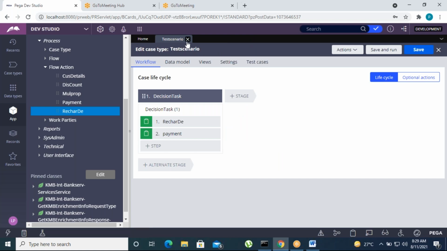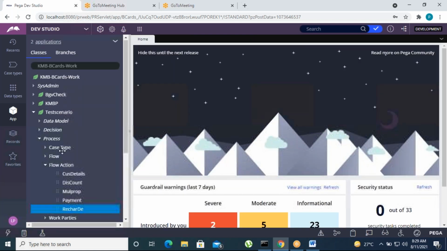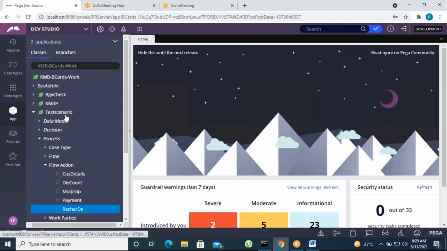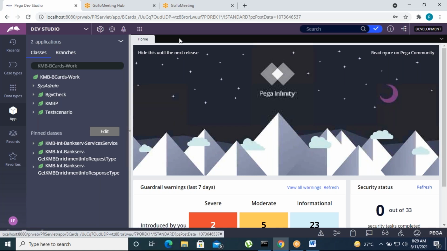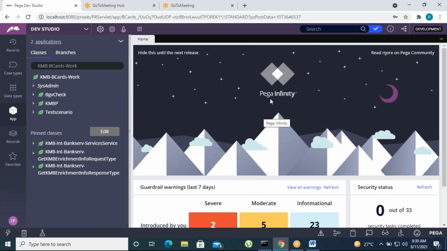Next one is the same process. So I will tell you about creating map values. Create it, refer the map value in an activity, call the activity into the actions, but I will show you how to create the map value. Map value is nothing but converting two input values into one output value. Okay, map value is nothing but what? Convert the two input values into one output value.